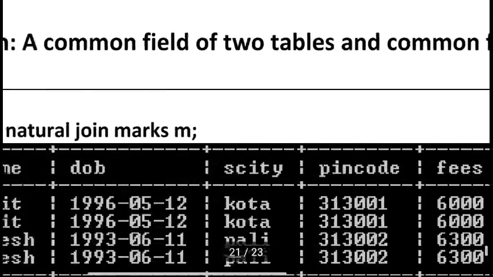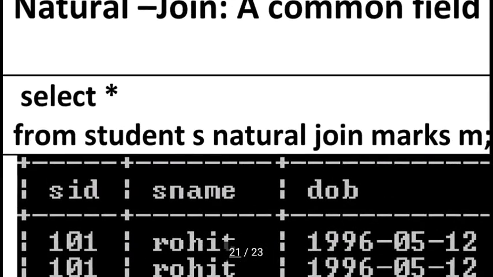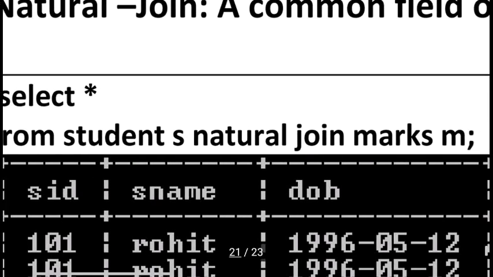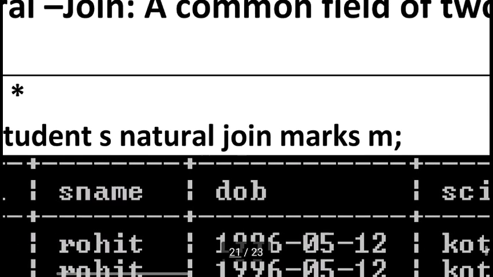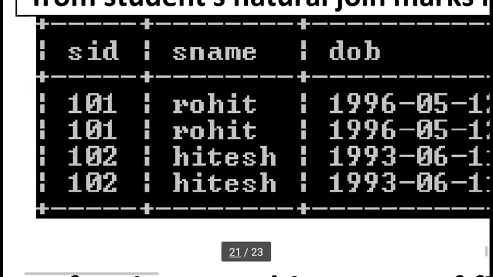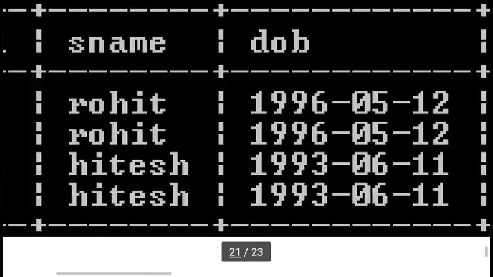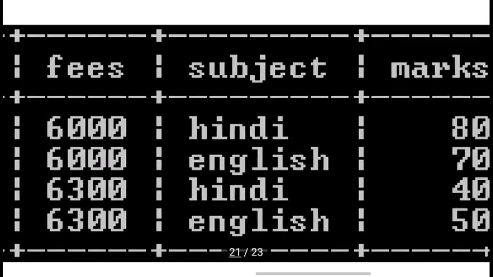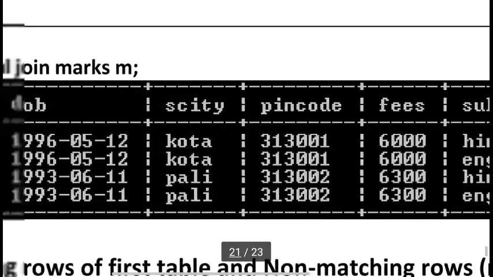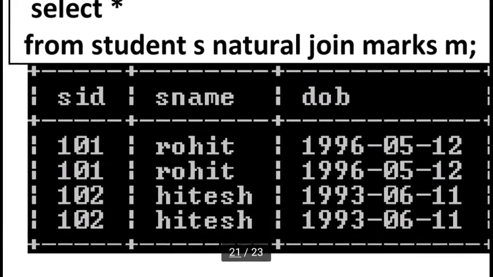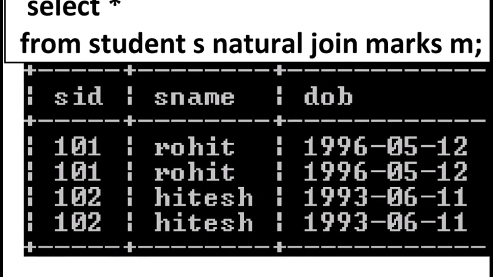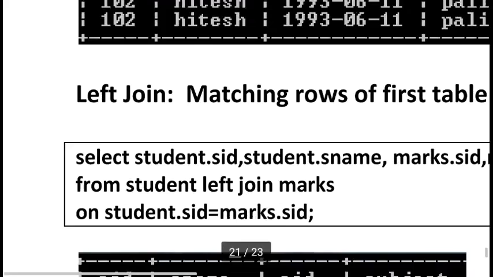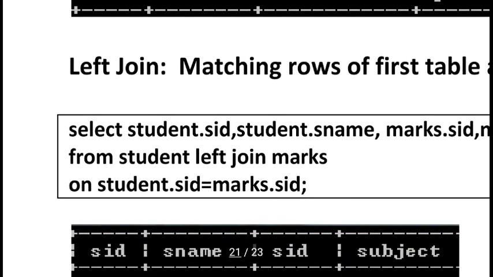So we can simply write select star from student s natural join marks m semicolon. You can see here SID shows only one time, then sname, date of birth, city, pin code, fees, subject and marks. So this is the major difference between natural join and equi-join.